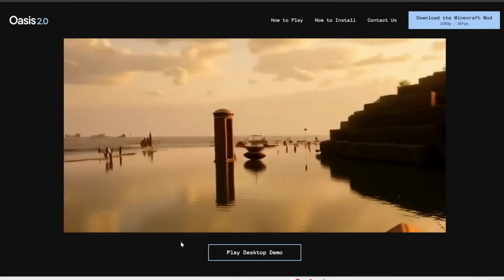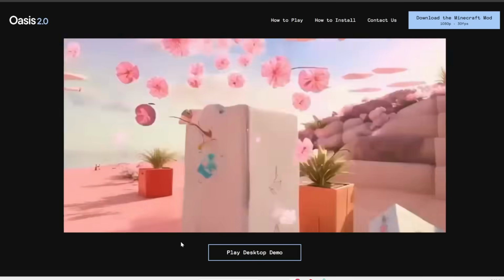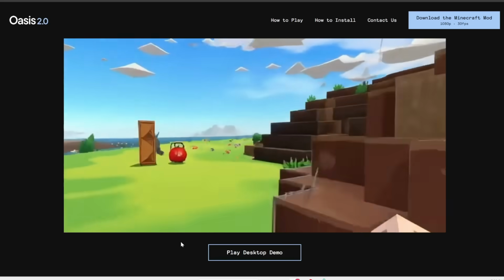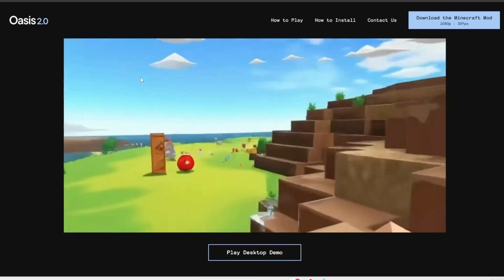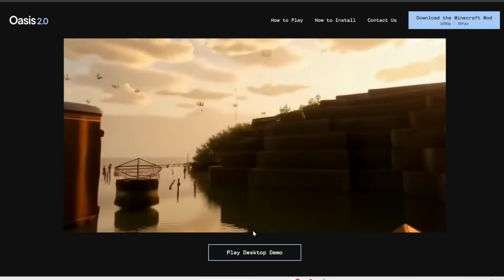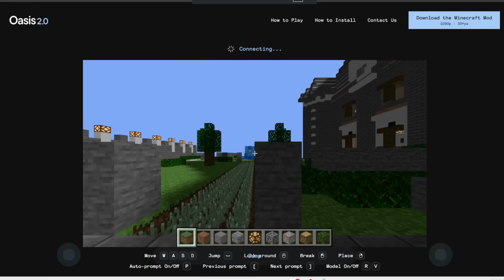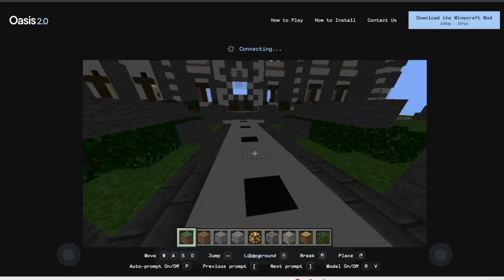Like, nothing is pre-designed or pre-coded. Essentially, this is just a video generator that generates things on the fly as you move around or do certain actions. So on this page, which I'll link to in the description below, they offer a free demo for you to try this out. It only lasts for a few seconds online, but notice that here you can look around